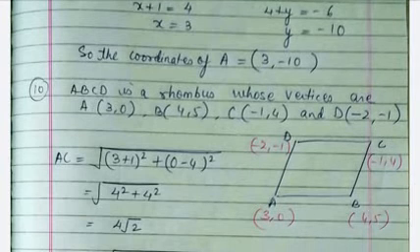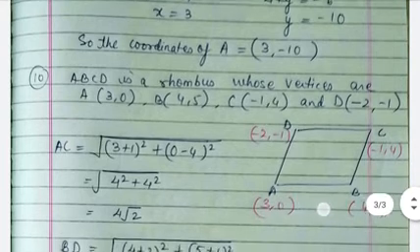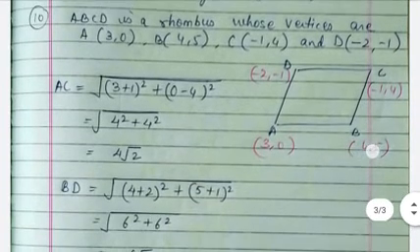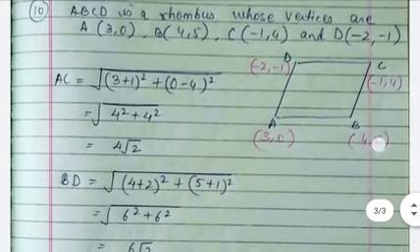Do question number 8 and 9 as they are simple. If there is any doubt, ask me. I am explaining question number 10. Find the area of the rhombus if its vertices are (3, 0), (4, 5), (-1, 4) and (-2, -1) taken in order, right? Okay, 4 coordinates are given as shown in the figure. These are the points of the rhombus.